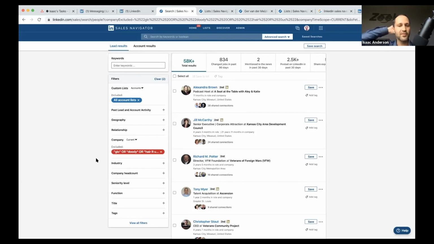But here's what I discovered though: it seems like when the URL gets long, that's when it starts to glitch out. So I had a pretty long string using Boolean, like here, to exclude company names, and then I'd add another one. But once I got to like 3 or 4, search would glitch out. So it seems like you can do a few long ones or more short ones before it starts saying, "Oh, sorry, oops, we had an error."